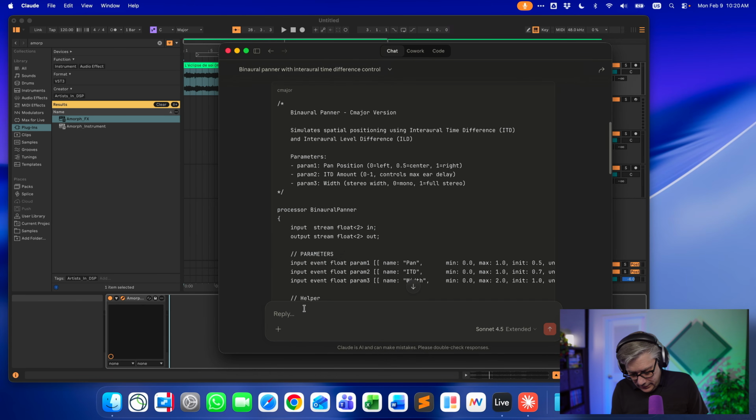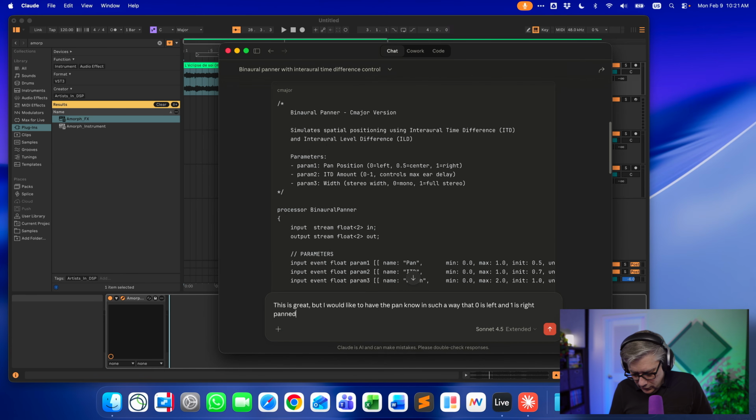So let's say this is great, but I would like to have the pan knob in such a way that 0 is left and 1 is right panned.